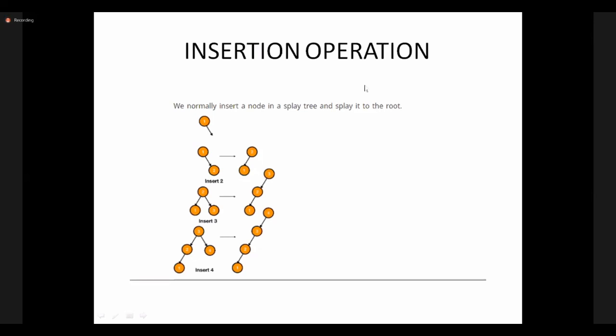So look, I inserted 2. Next I want to insert 3, according to the third position. Okay, I inserted 3. After insertion of 3, 3 should become the root node. In order to make it the root, again, which operation? Zig or zag? It is on the right, so I should go for the zig operation. So 3. Like that, insert 4. So it is left skewed.